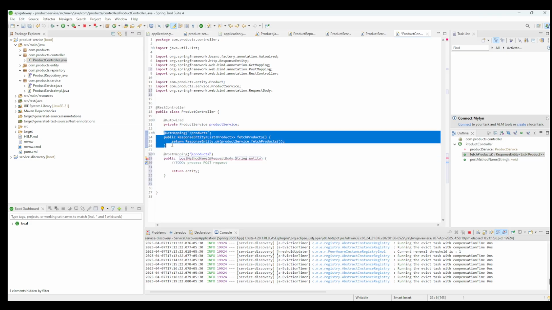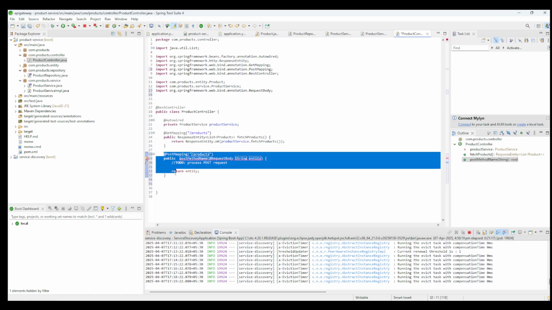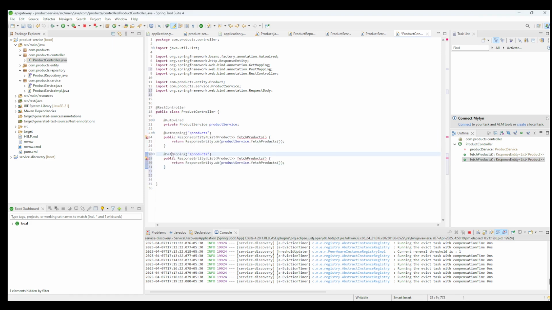What we can do is copy this part and edit it here, and only change get to post, and the response entity should return an individual product. We can name it create product,